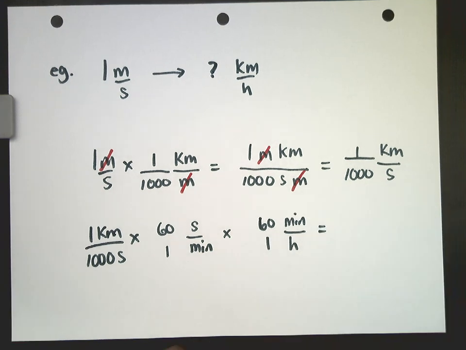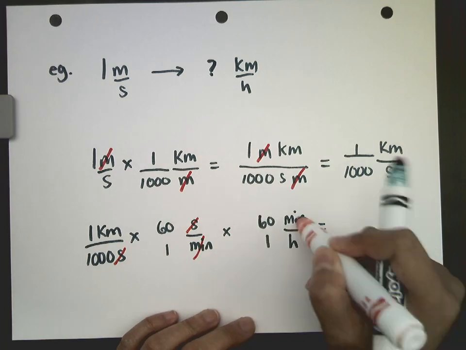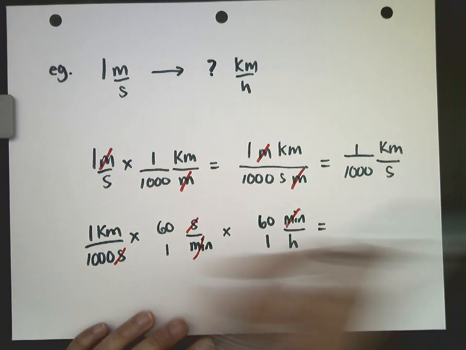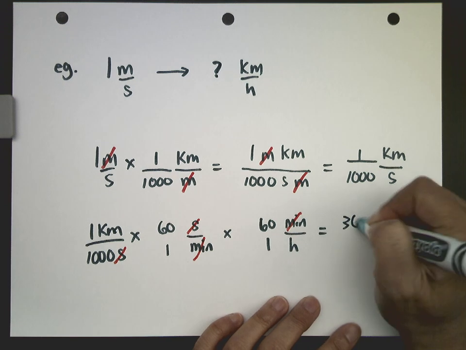Okay. Let's cancel out some values because we don't need everything. So cancel out the seconds, perfect. Cancel out the minutes, perfect. We're going to multiply everything across. 60 times 60 is 3,600